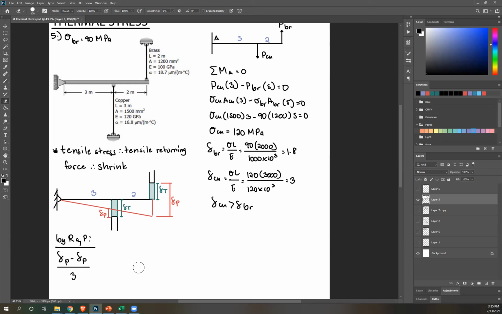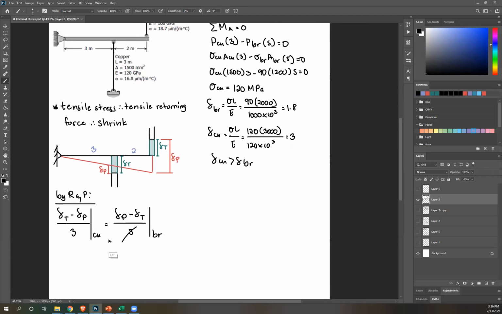Okay, so let's just specify this is for copper, and then sigma P minus delta P minus delta T over 5 for brass. There. And then let's create our equations. Multiply everything by 15. Okay. So to simplify, this becomes 5 times deformation due to temperature of copper is 3 millimeters. So that's alpha L change in T minus 3 of copper